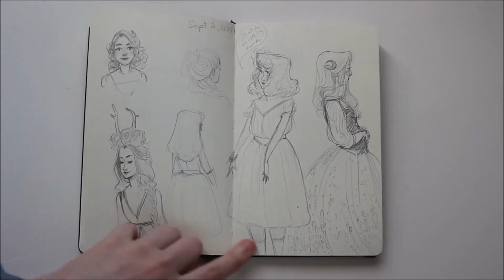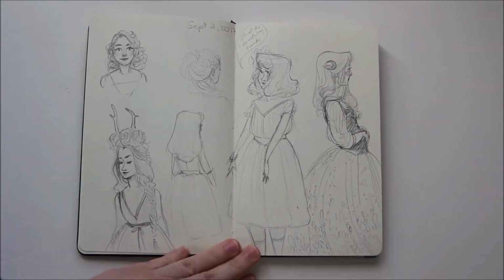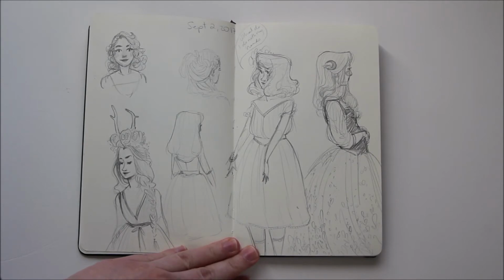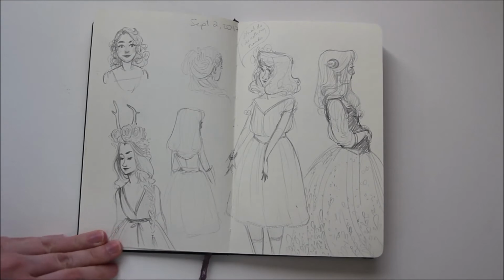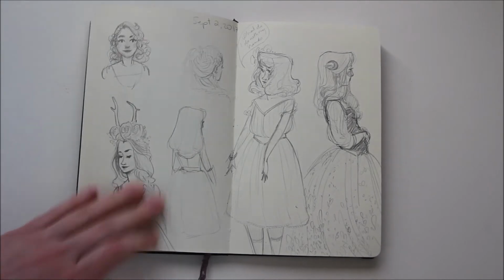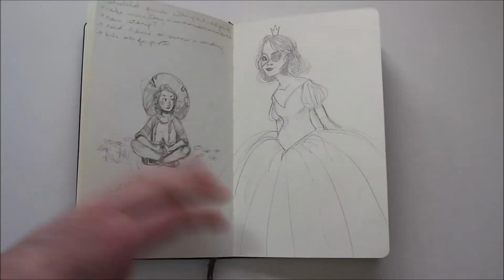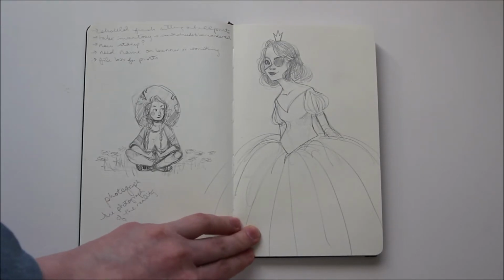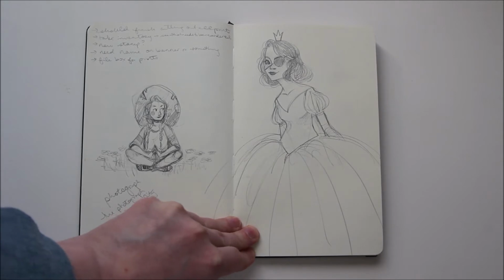So here I love drawing pretty people, like pretty ladies. I just love drawing women. Guys just seem too blocky, like they're just too square for me. And I'm sure I don't have to draw them as squares, but when I draw, it's just what comes out, and that's probably just from lack of practice at this point. But I just have more fun, and it comes more easily for me to draw women, and I am a woman, so